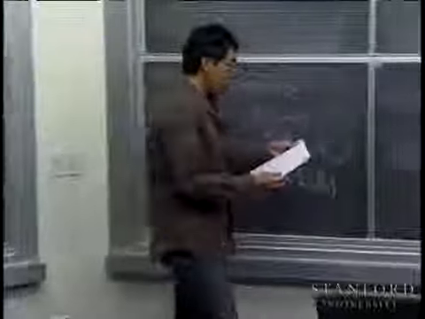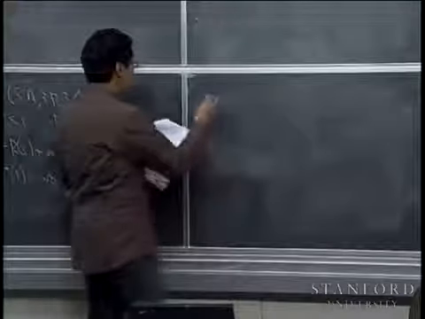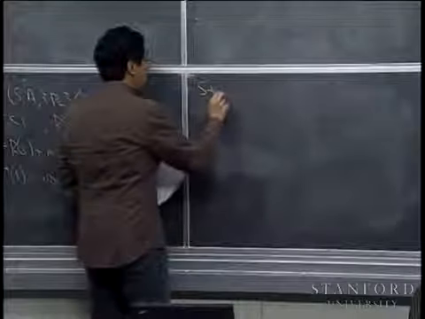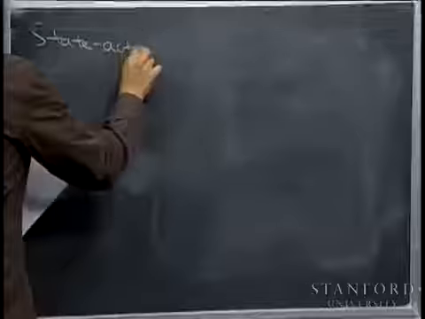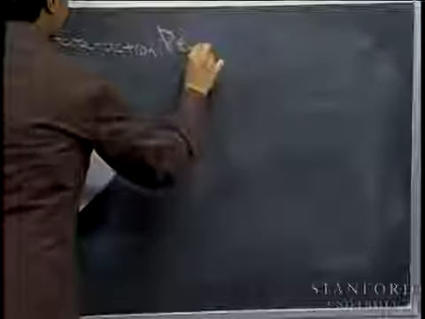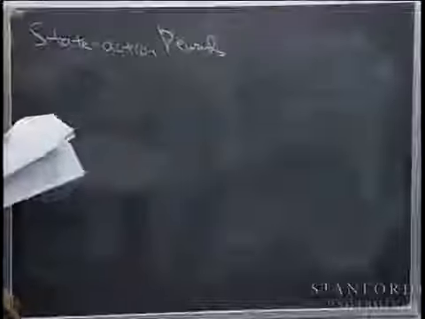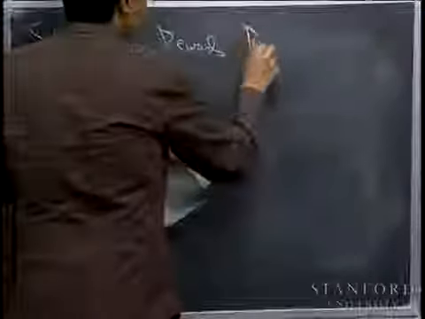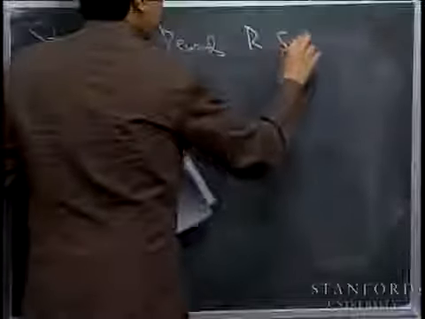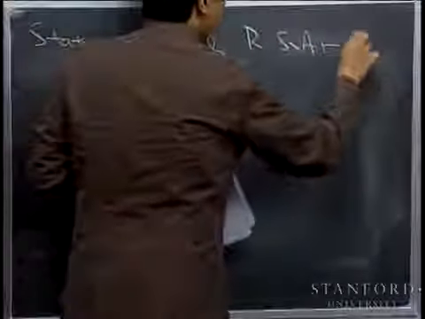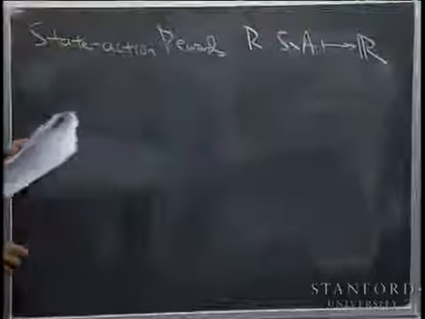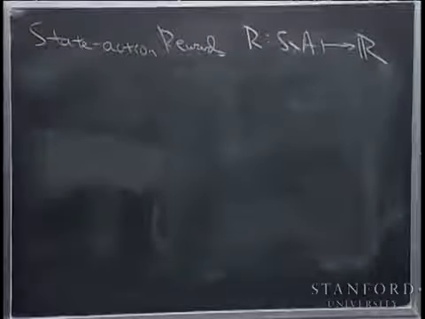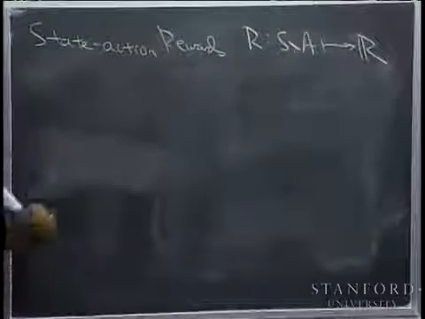So the first variation I want to talk about is state action rewards. And so I'm going to change the definition of the reward function, and this it turns out won't be a huge deal. In particular, I'll change the reward function to be a function mapping from a state action pair to the real numbers. And what I mean by this is just the following.